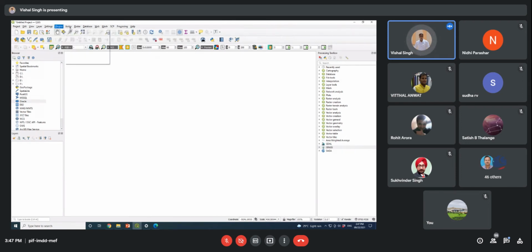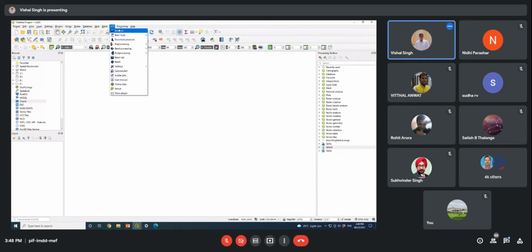You can search here, like I have shown you, plugin manage and install plugin. So you can see that Open Layers plugin. Okay, so you can search, and after that you will find that if there is a plugin for that particular application, you can install it from the plugins. So then Mesh Calculator, then SCP. So some other functionality is also there.